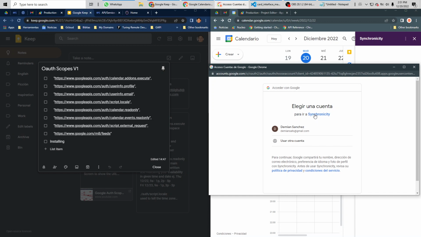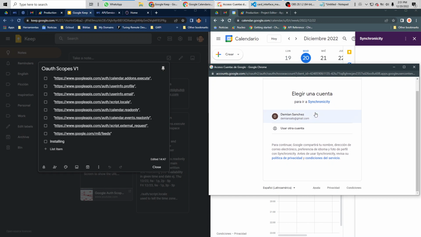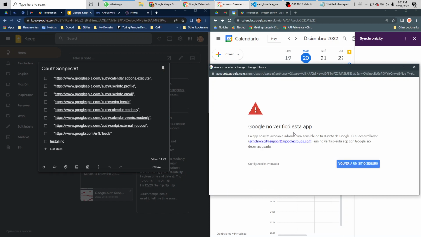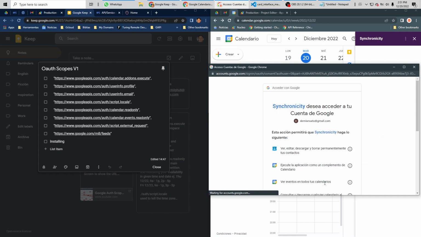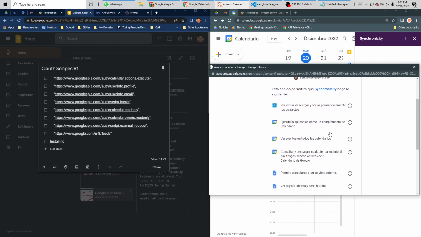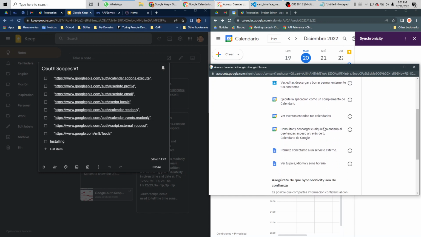authorization screen with the application name, which was one of the important key things that I was missing. And then we go to the account, and that is going to approve. Go through the unsafe authorization process. And we verify that the application is Synchronicity once again, and we see here the requested